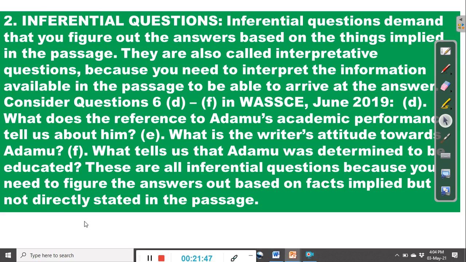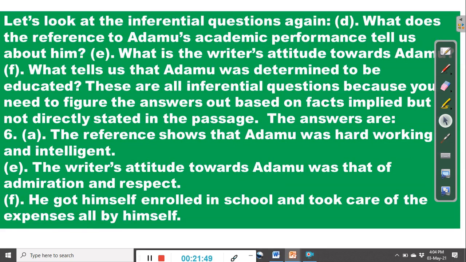So now let's go further. Let's look at the inferential questions again. What does the reference to Adamu's academic performance tell us about him? What is the writer's attitude towards Adamu? What tells us that Adamu was determined to be educated? Of course, these are all inferential questions, as we already mentioned. The answers are